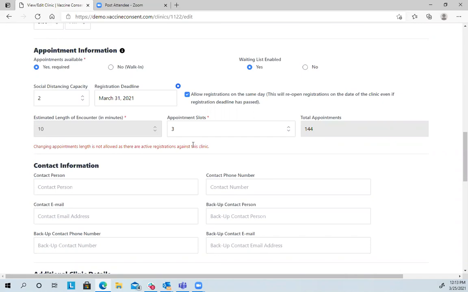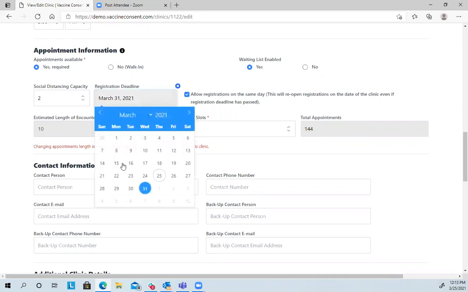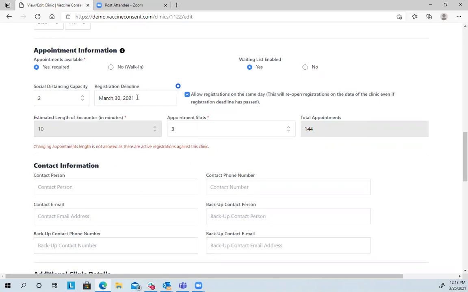It's time for us to put in that staff that'll be working. When they set this up, they also said, look, we're going to make our deadline the day before. This can change. If the clinic fills up, you can make that earlier. But when this turns off, registration is at 11:59 on the date. So right before midnight. So if you find that registrations are full and you want to stop registration, people coming and finding that there are no appointments, you could go ahead and make this an earlier date, but know that when it ends, it'll be at 11:59 that night.